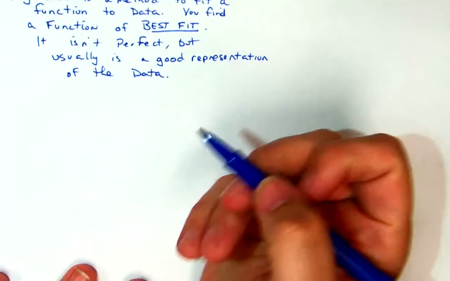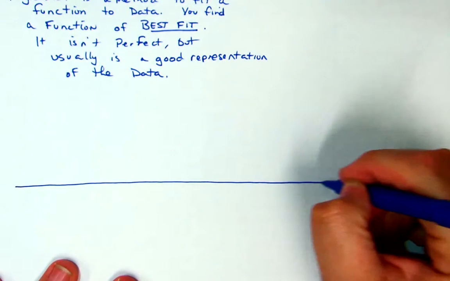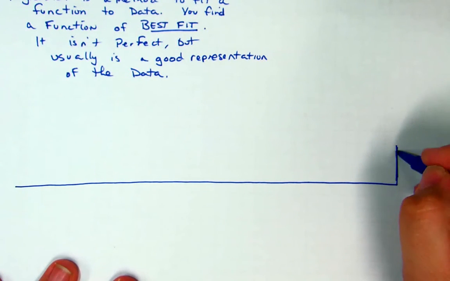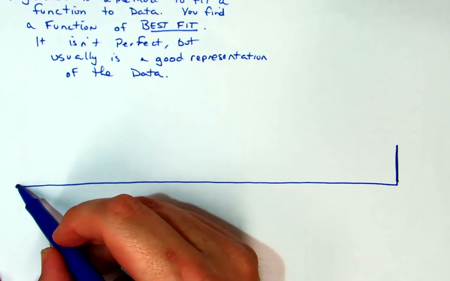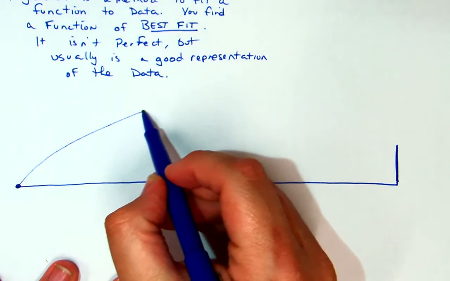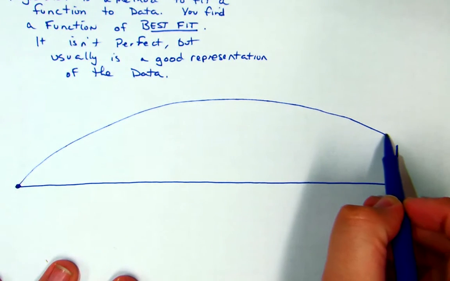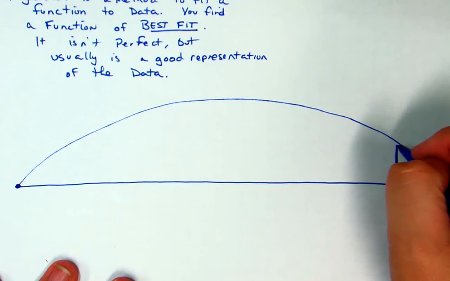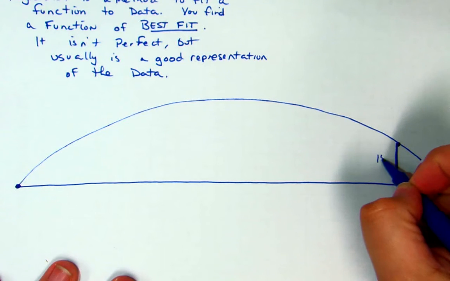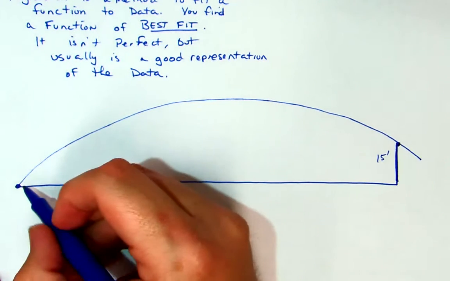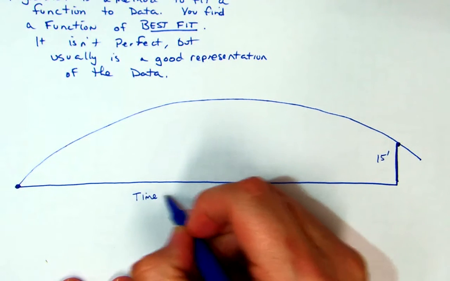I am, say, a baseball player, and I am going to say, alright, here's the wall, and here's home plate. Let's say I hit the ball, and it does something like this. And it just nips the top of the wall. The top of the wall is 15 feet tall. Let's say here, we're talking about time versus height,